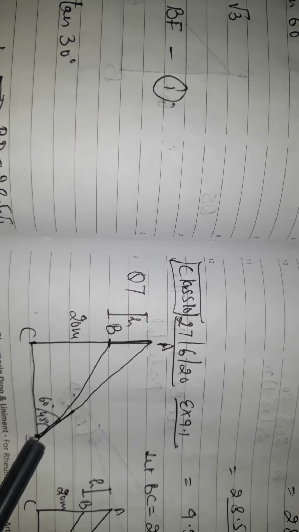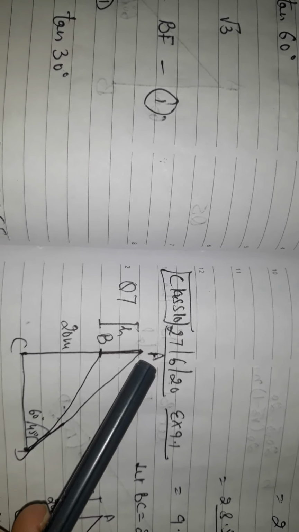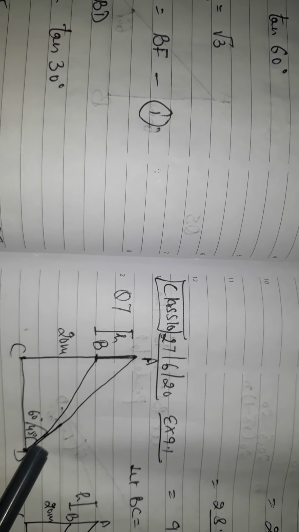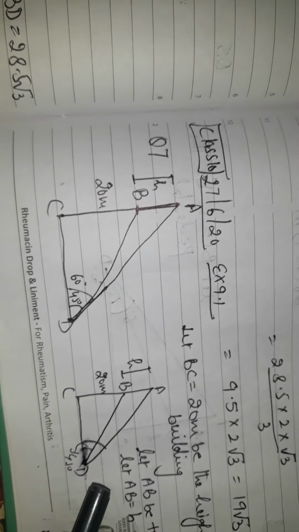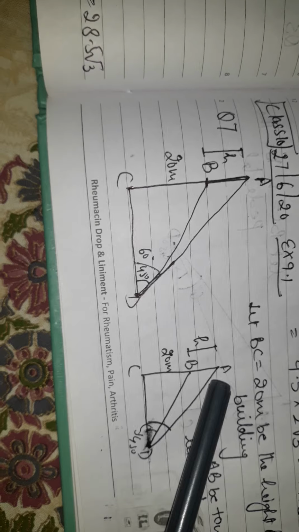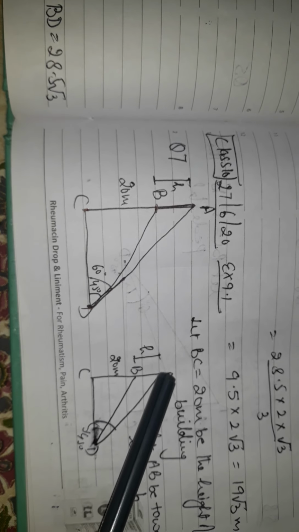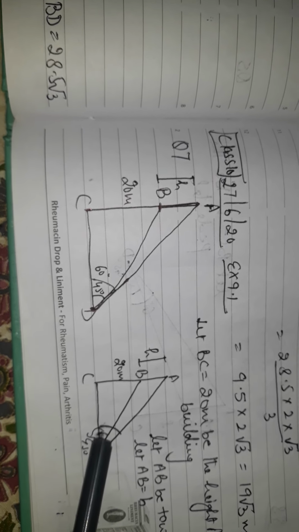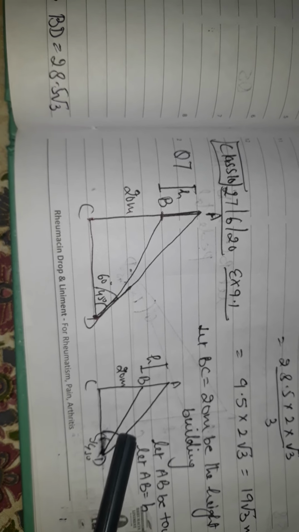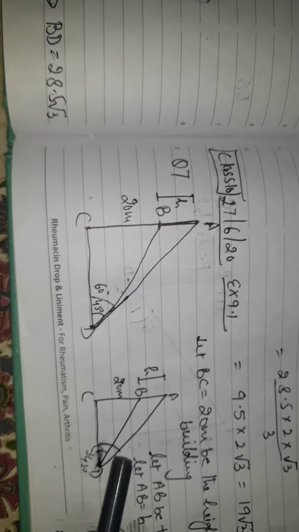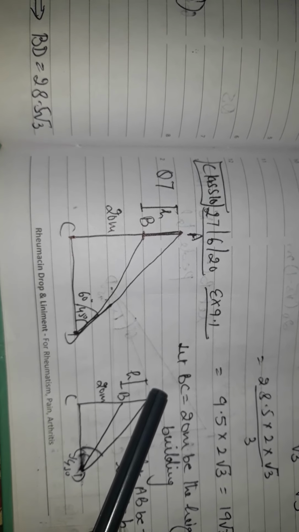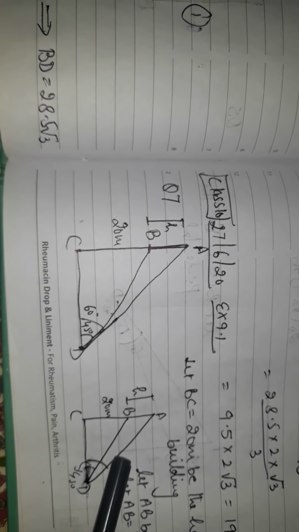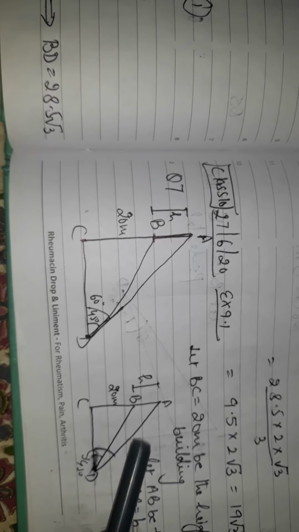When a person is looking at the top of the tower, say at point A, then this will be the line of sight and this is horizontal. So this complete angle is 60. I have shown this figure here also. Same figure I have drawn again. This is the 20-meter building, height h, which we have to find out. Now this is 45 degree and this is 60 degree. Now see how many right triangles you can see in the figure. BCD is the right triangle and ACD is the right triangle. Now the two right triangles which you can see will help us to find out this h.